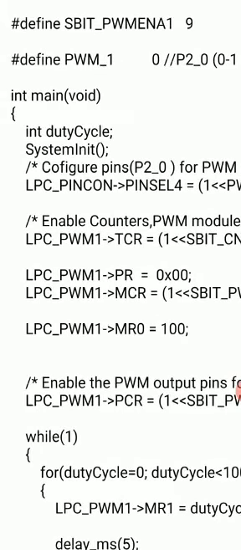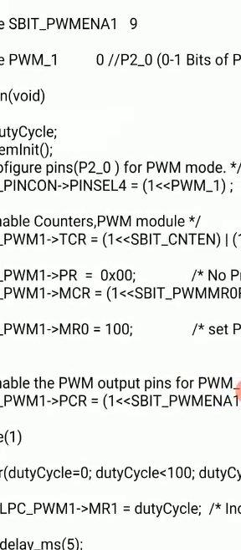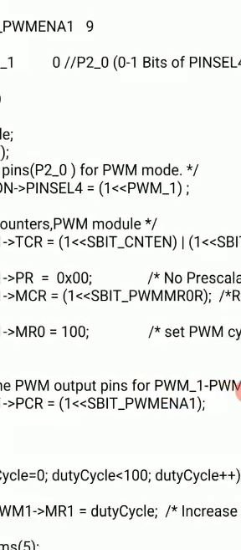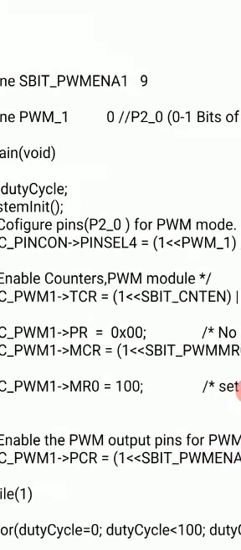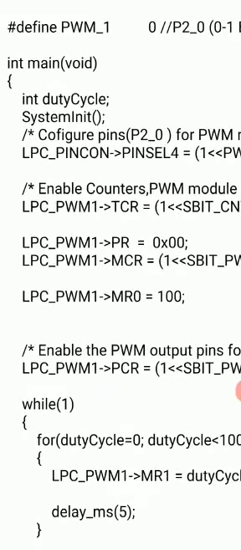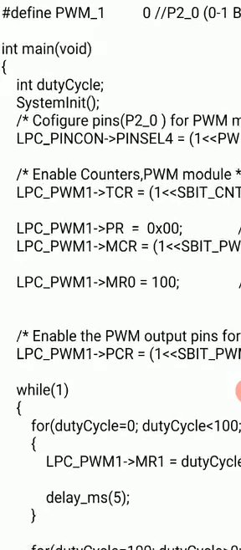So what we did here, LPC_PINCON, I had told this in the DAC program. LPC_PINCON is the structure for configuring the pins. So in this we have defined a register called PINSEL4, which is equal to 1 shifted PWM1 times. What is PWM1 times? It is nothing but 0 here. So 0 times shifted means what? 1 will be at the 0th position and 0 will be at the first position. So 01 will be moved into bits 0 and 1 of the PINSEL4 register. So this is very important. First thing is configuring pin 2.0 as the PWM channel.